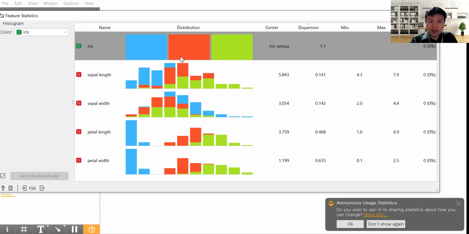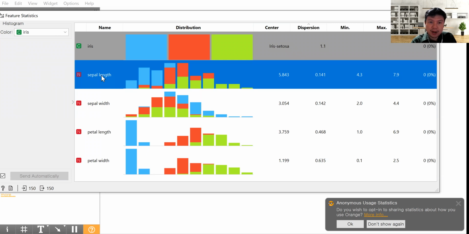When we learned about visualization, we learned about the bar chart and the histogram. The bar chart represents the categorical value with respect to the frequency. So here we have the center, which is the iris setosa. This is the center, and the dispersion is 1.1. The dispersion here refers to the entropy value. I have not explained this yet, but Orange data mining uses the entropy value to show the dispersion. In regard to the other attribute like sepal length, it shows this kind of distribution.